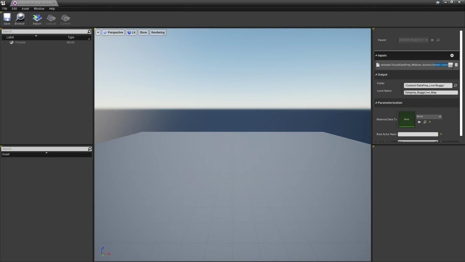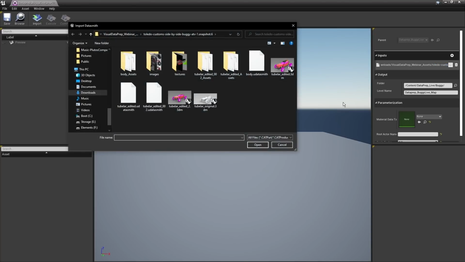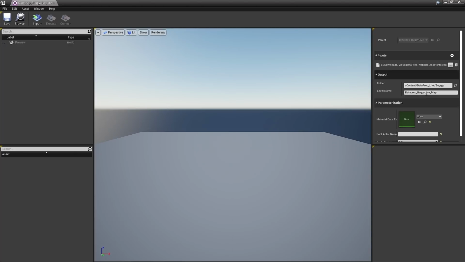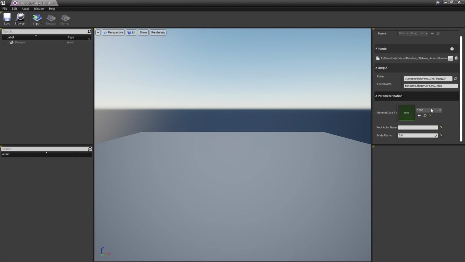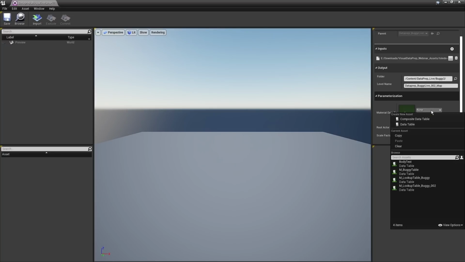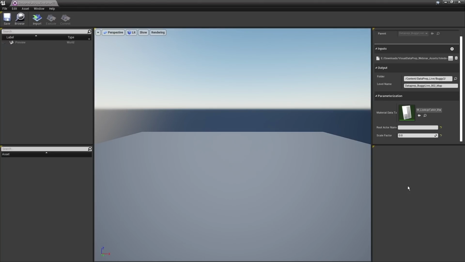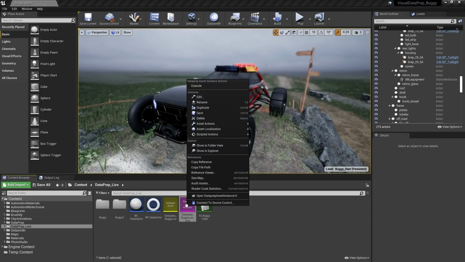First of all, we can choose a different input file. So let's go ahead and do that now. We'll use tubular edited 002, and we'll make sure to give it a different map name. Now we need to specify the different parameters we made available. So we'll choose a different lookup table this time for the materials. We need to specify the new root name, so that was tubular edited 002. And let's make this one slightly larger. From here to run the process, all we have to do is right-click on our instance and choose Execute.